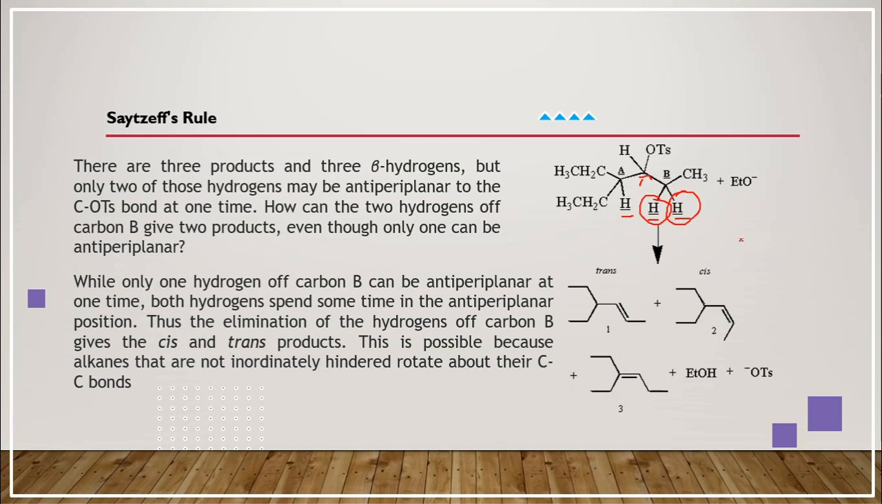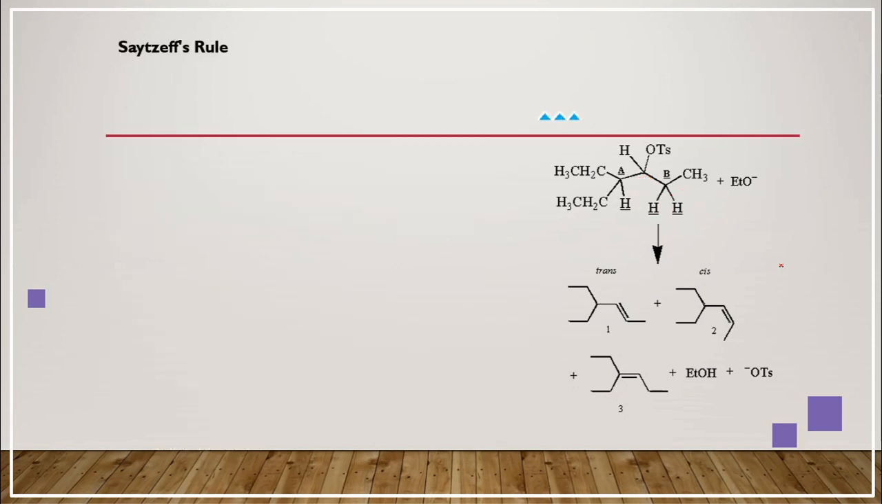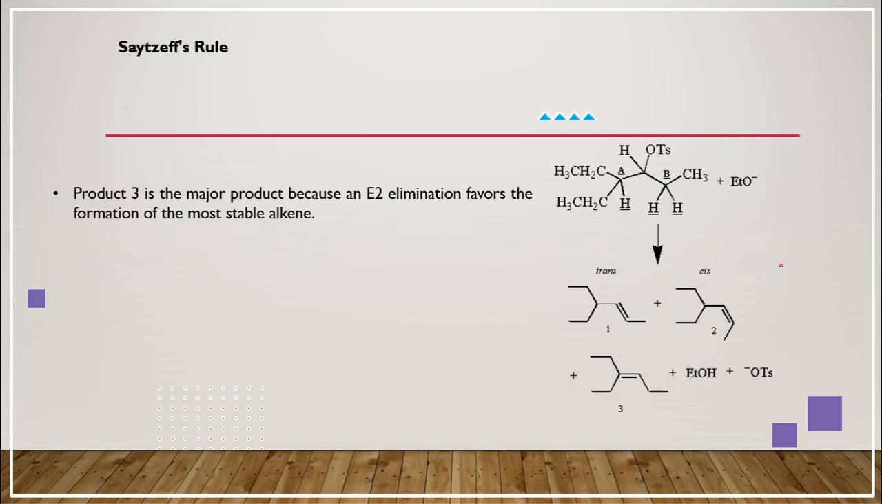Thus, the elimination of the hydrogen of carbon B gives cis and trans products, and this is possible because alkanes that are not inordinately hindered rotate about their carbon-carbon bond, and that is the reason why we end up with three different products. But one needs to understand that product 3 is the major product because an E2 elimination favors the formation of